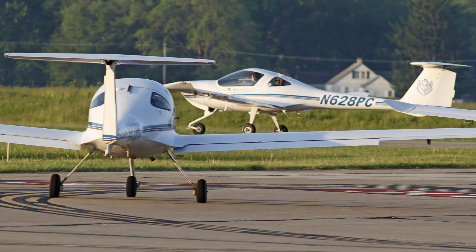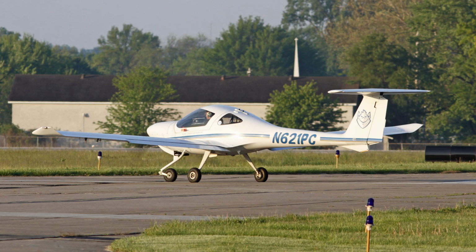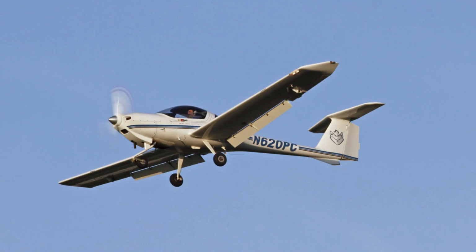We're getting ready for our national competition in Janesville, Wisconsin, starting May 13th. We're in the process of practicing for that, all around ground events, flight events, simulator events as well. So we're out here every morning as early as we can and go out whenever the weather's good and go fly. So today we're doing a landings practice, and we have our DA-20 aircraft over here, which is what we